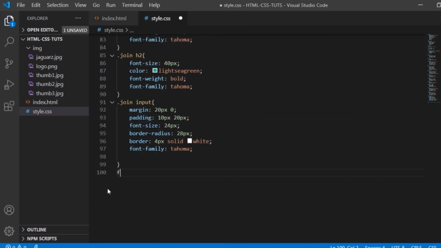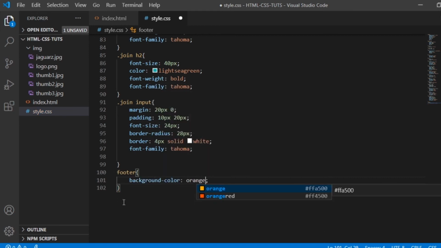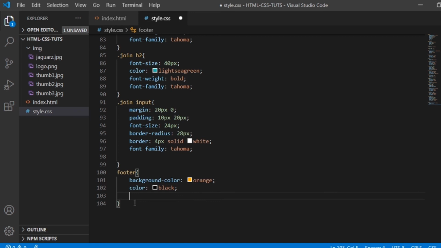Okay, for the footer, and then let's create declaration. So let's say background color is orange. Okay, and then the color is black, and padding 1 pixel.